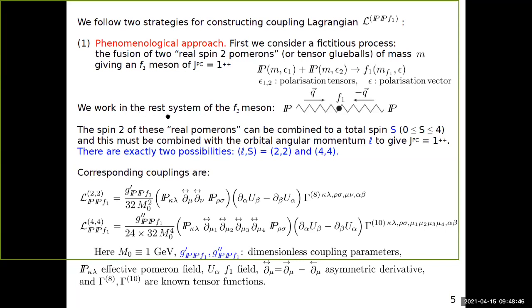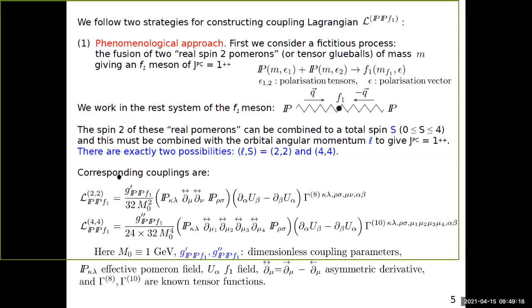Then we work in the rest system of F1. The two Pomerons collide head-on to give F1 at rest. So now we can do an angular momentum analysis of this reaction. The spin 2 of these real Pomerons can be combined to total spin S, which ranges between 0 and 4. And this must be combined with the orbital angular momentum L to give the quantum numbers of the F1 meson. There are exactly two possibilities, namely (L,S) = (2,2) and (4,4). And the corresponding couplings